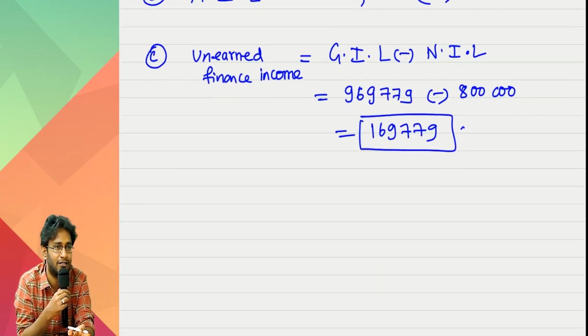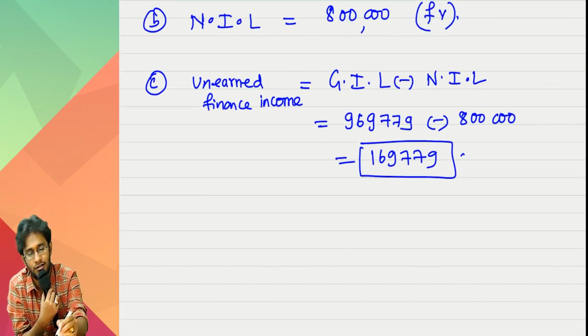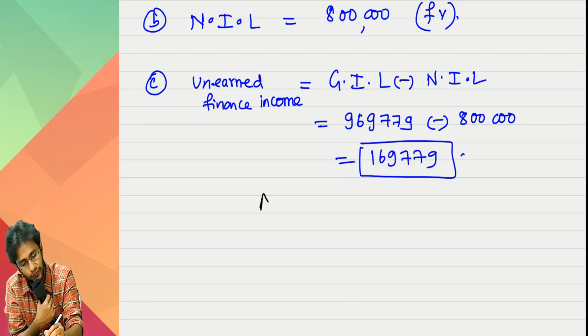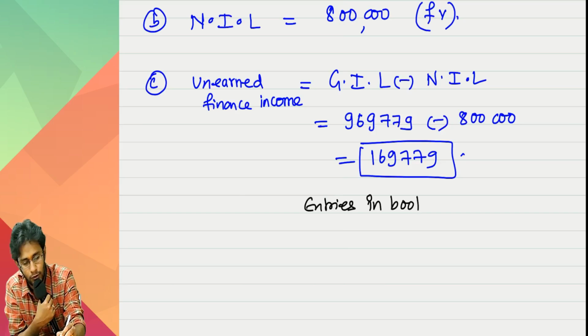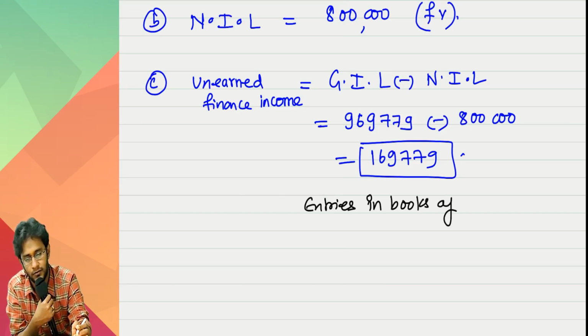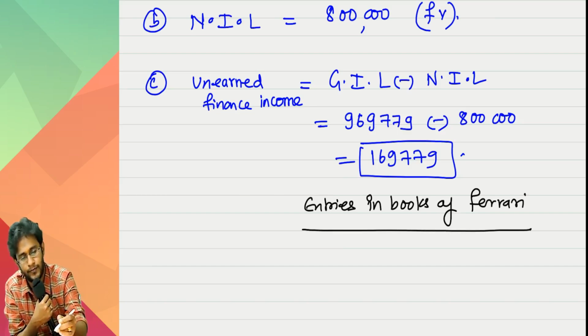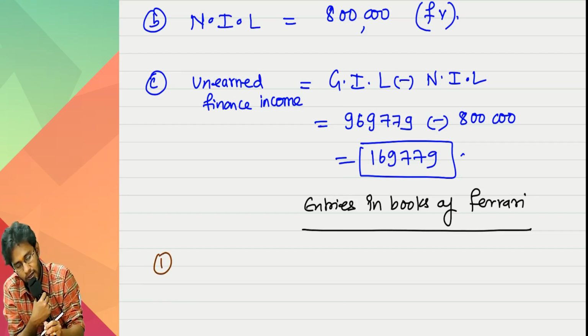He did not ask entries, but you will tell just 1 year of entries. Tell. Because if you don't do entries, sir, there is no other example. That's why. Entries in the books of, tell me who is lessor? Ferrari, yeah? First day,